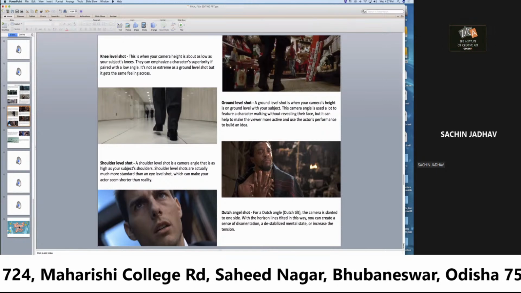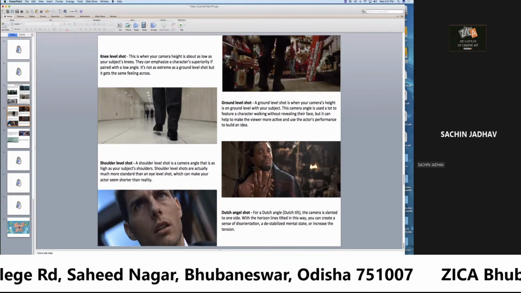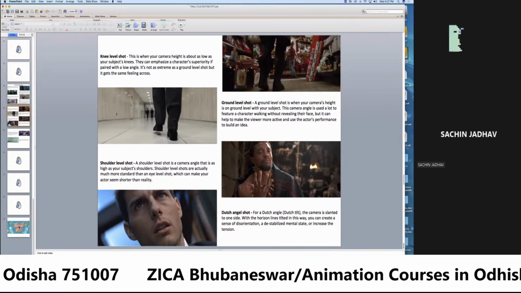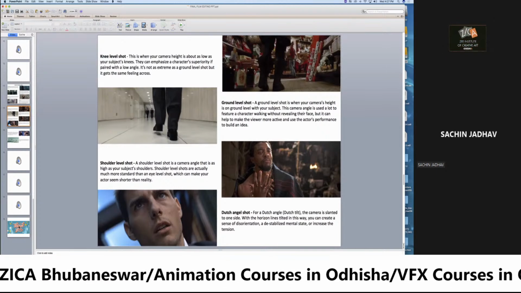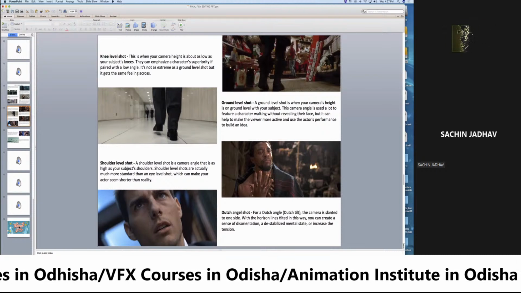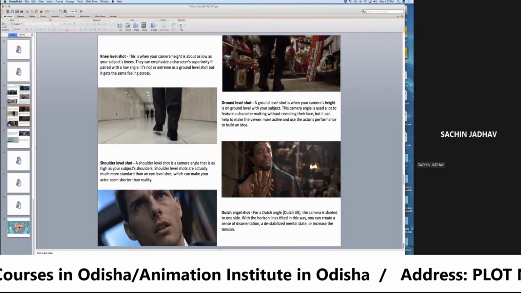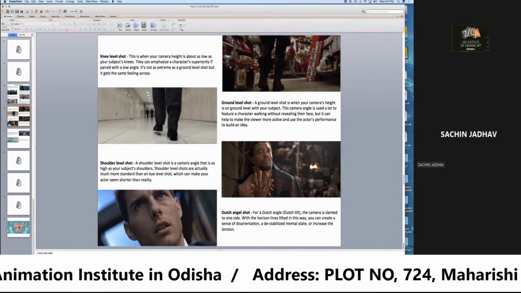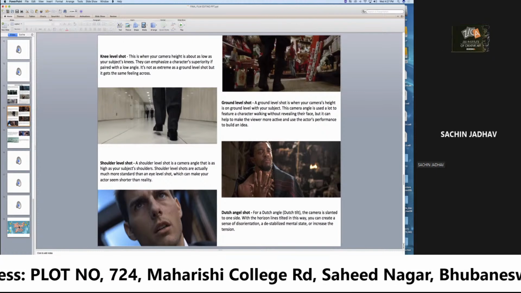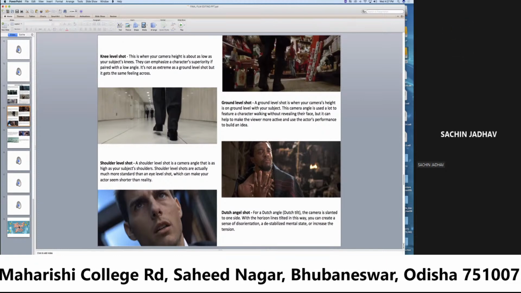डिफरेंट टाइप ऑफ शॉट्स का मीनिंग क्या है, कैमरा एंगल का मीनिंग क्या है, कौन सा कैमरा एंगल दिखाने से सीन पे क्या इम्पैक्ट पड़ेगा। तो edit is not just about knowing the software, knowing the machine. Edit is all about creativity, different types of shots. Editing is all about storytelling. जो डायरेक्टर का विजन है वो एडिटर स्क्रीन पे दिखाता है, तो दैट्स व्हाई एडिटर को डिफरेंट टाइप ऑफ